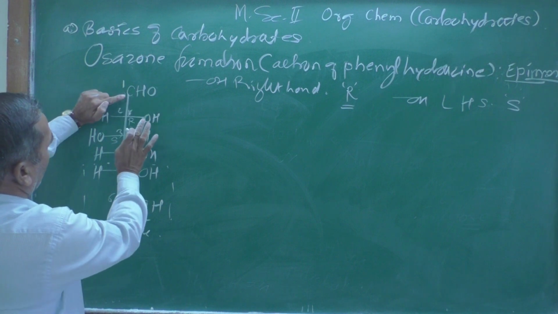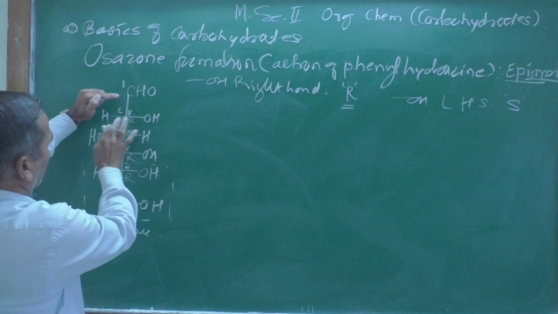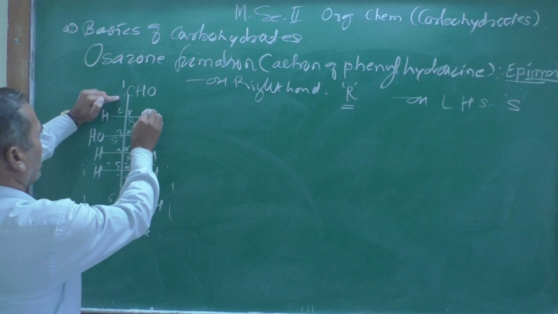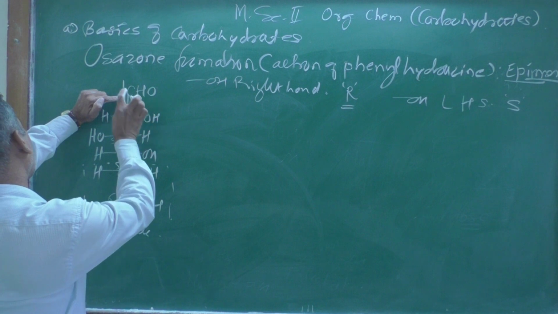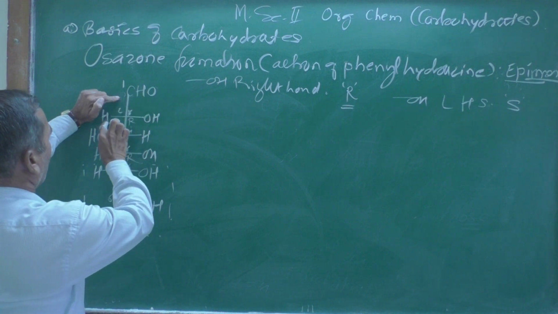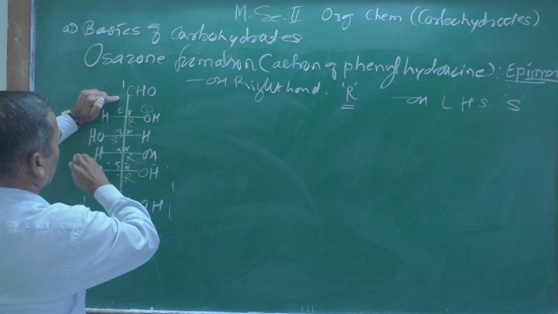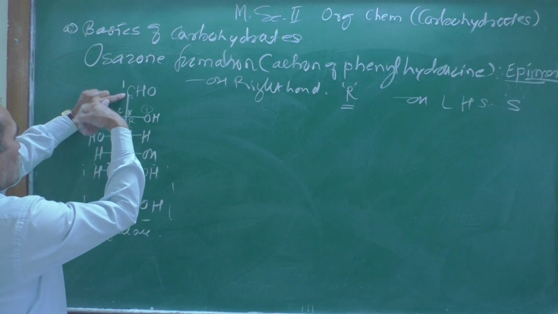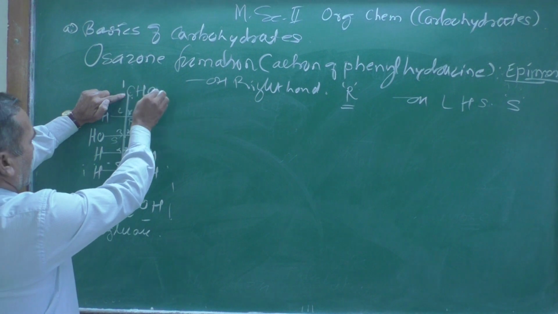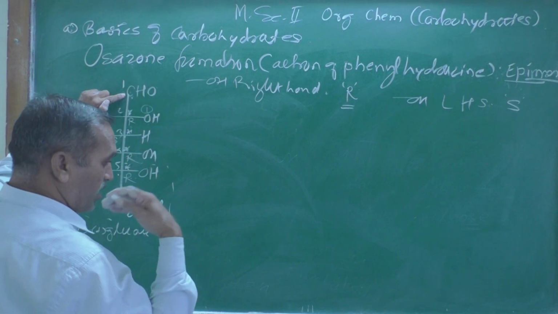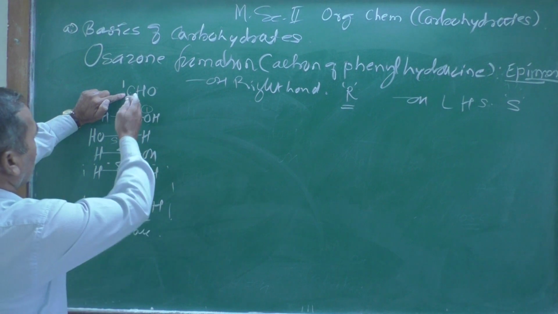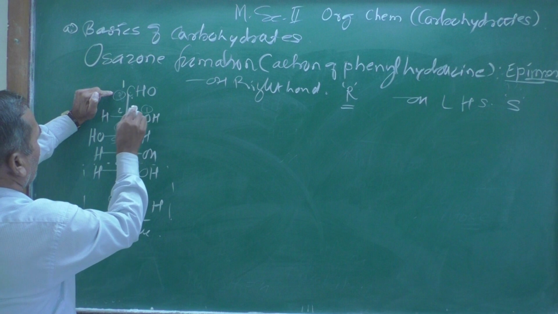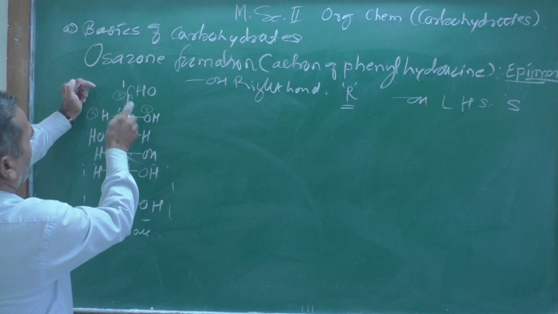Now let us see, the first priority: carbon and oxygen, carbon and hydrogen. According to the first rule, the atomic number of the oxygen atom is greater than that of hydrogen and carbon, therefore it will get first priority. Then for this carbon atom and this carbon atom, go for the next atom. There is a carbon-oxygen double bond, so apply the double bond rule, the third rule, and it will get second priority. Then the fourth one is there, 1, 2, 3.